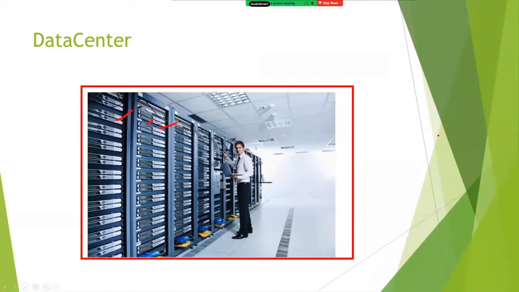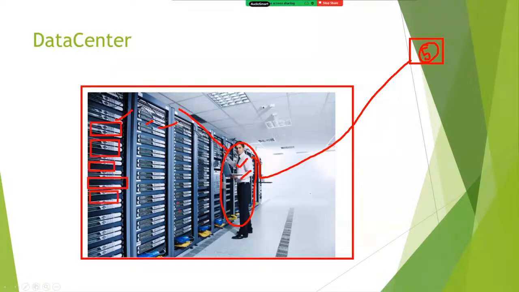For example, assume that you are working in TCS organization. You got one new project where we would like to deploy 5 virtual machines. What will we do as the first step? First, we will submit the request to the data center team. The data center team will rack the space. Like 5 servers, they will rack 5 spaces.